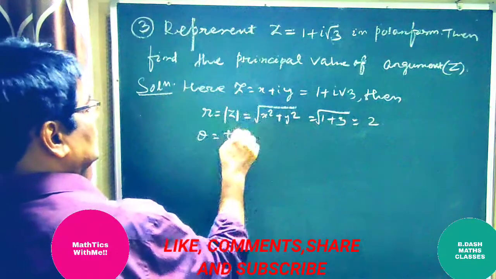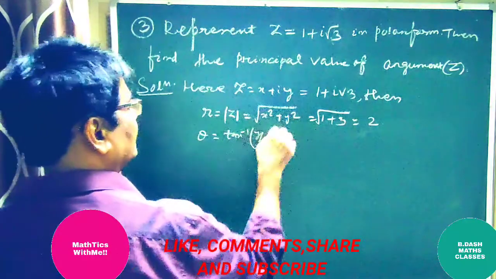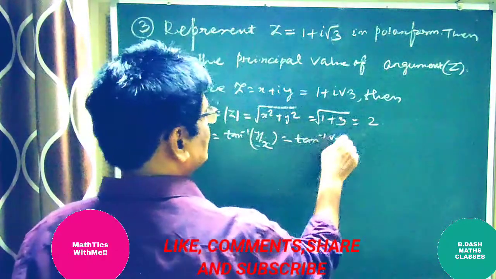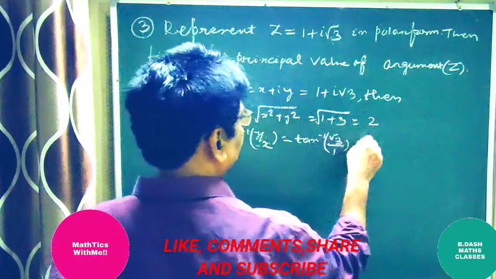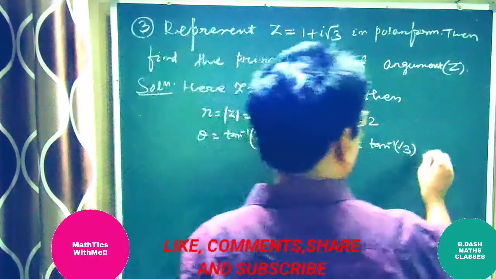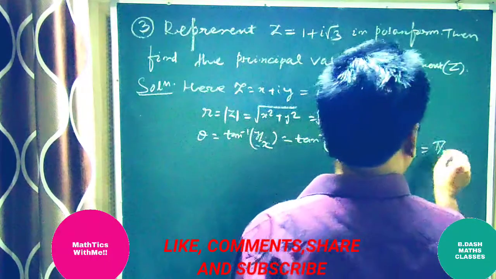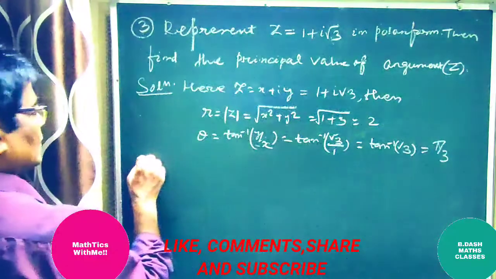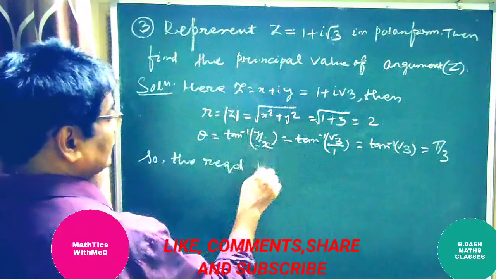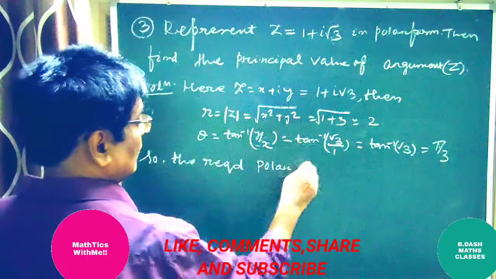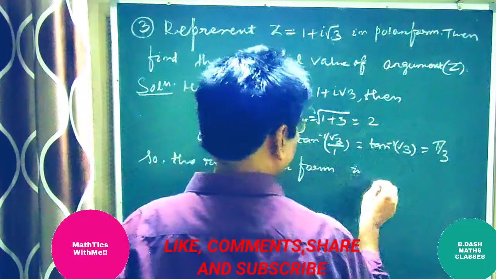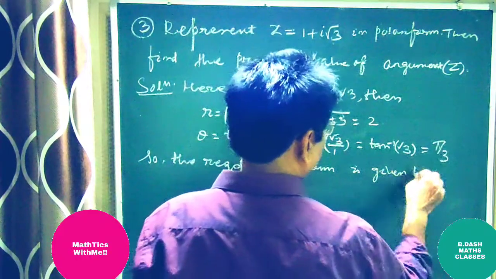Theta is equal to tan inverse y by x, which is equal to tan inverse root 3 by 1, is equal to tan inverse root 3, which is equal to pi by 3. So the required polar form is given by